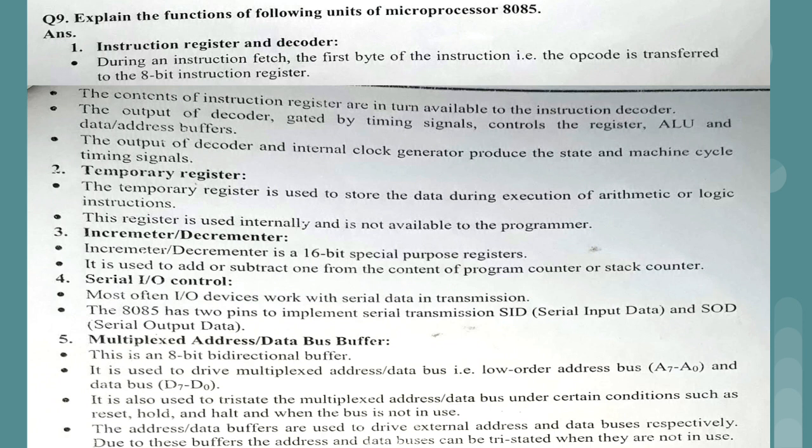And for data, normally we have only 8-bit data, because the 8085 microprocessor is an 8-bit processor, so we need to handle only 8-bit data at a time. Whenever we want to handle data, we need only the data bus, which is bidirectional in nature. Whenever we want to carry the address, we make use of the address bus, because the address is 16-bit. So A0 to A7 are the address lines which are also used as a data bus. They are called the multiplexed address and data bus.